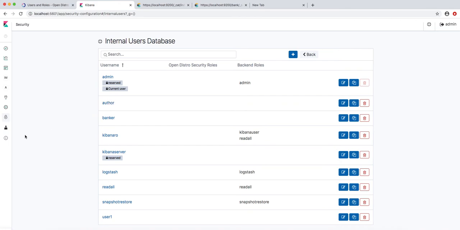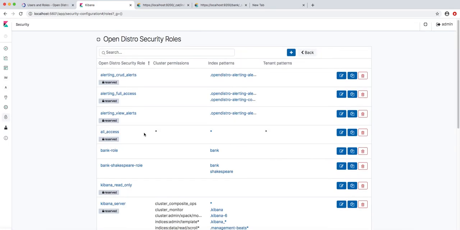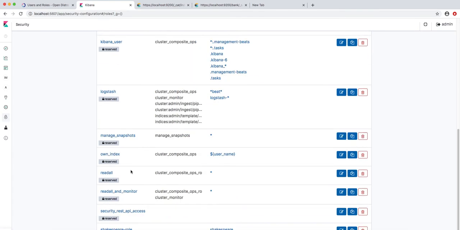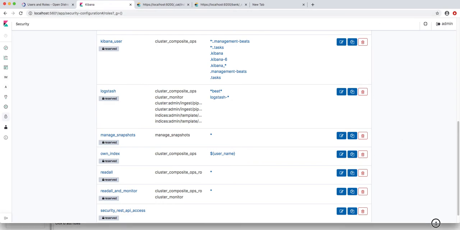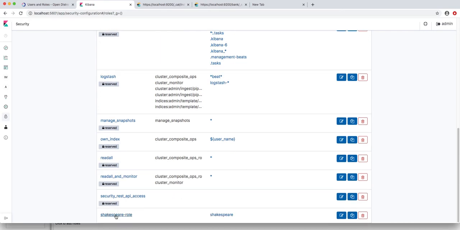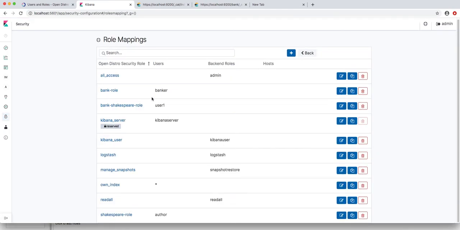In that way we have author here, I have already created, and I have a role here named Shakespeare role. So this I have already created, and here I have given the index as Shakespeare, the same way we have given to banker. And let's come back to role mapping.